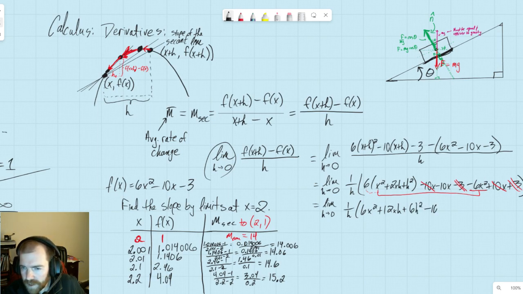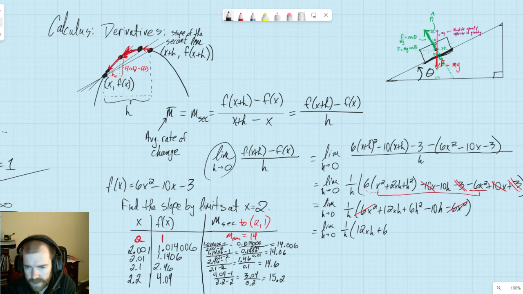Minus 10h, not x. Par for the course, really. And then everything else is gone, with the exception of the minus 6x squared, right? Because we didn't get rid of that in this particular section. Okay, so this is equal to the limit as h goes to infinity of 1 over h multiplied by